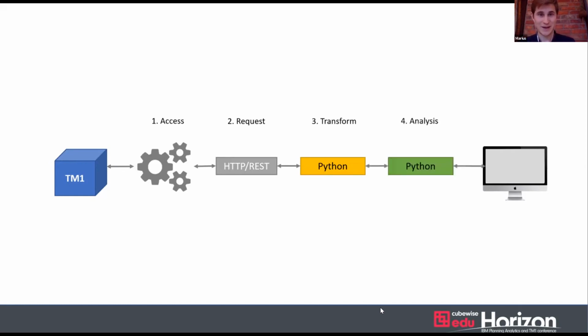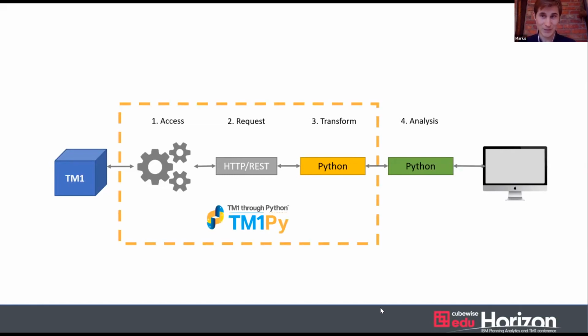And then comes the green part. I called this analysis, but this is really anything that you want to do. This is the problem you want to solve, right? Whether you want to integrate data, do some analysis in Jupyter, or whatever task you set out to do. The yellow box is just stuff that you have to do in order to do the green part. And so this is the idea of TM1Py, that we put this together, open source it,